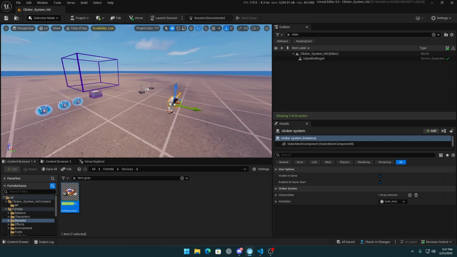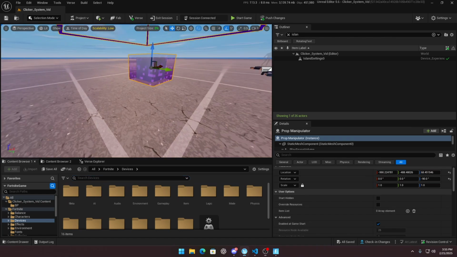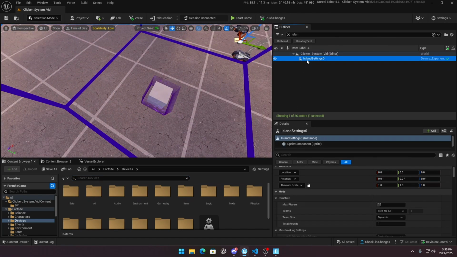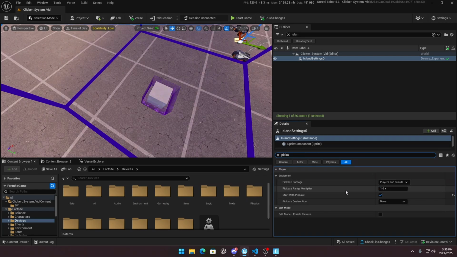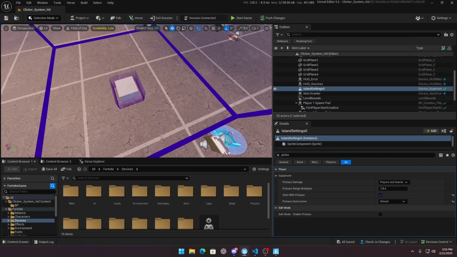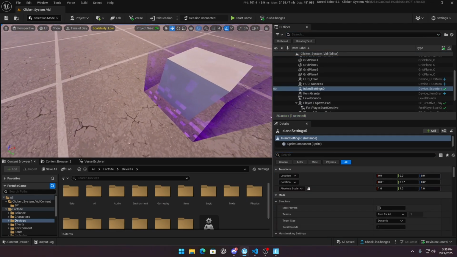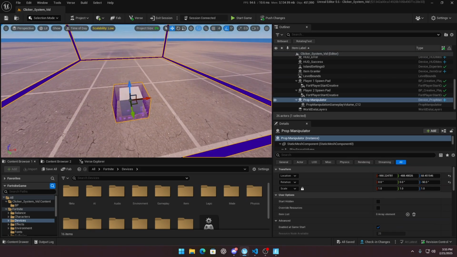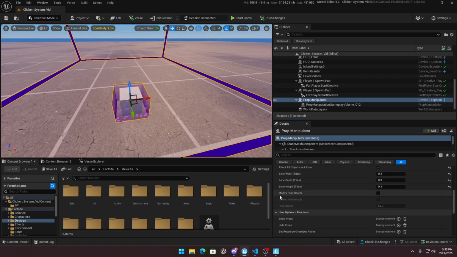So see you soon. I tested it and I forgot to mention that in island settings you need the pickups. Maybe, yeah, start with pickups and pickups distribution to default. Maybe you forgot to add it in your map. I do so. And it's prop manipulator. You actually need to go down and modify prop health, set it to true, and is prop invulnerable to also true. And now we can start the session